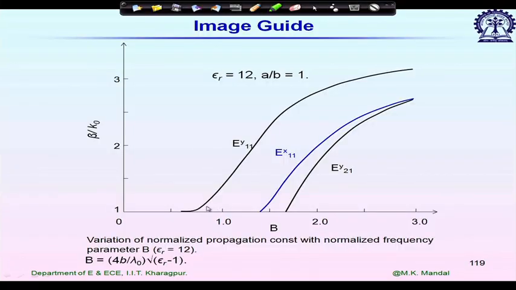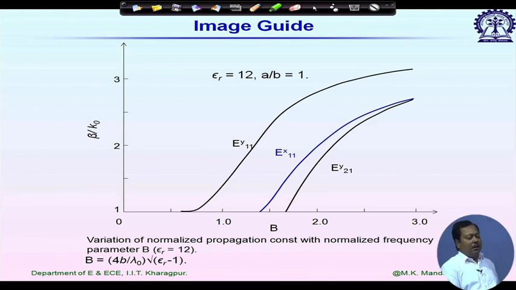For the standard WR90 rectangular waveguide, we know the cutoff frequency is approximately 6.3 gigahertz, and we use it over 8 to 12 gigahertz, which is the monomode bandwidth of the WR90 waveguide. Now for the image guide, if I plot alpha, it will be almost infinite at the cutoff frequency. So we have to stay away from it, and the monomode bandwidth, compared with the rectangular waveguide, is much smaller. So this is another problem with image guide.